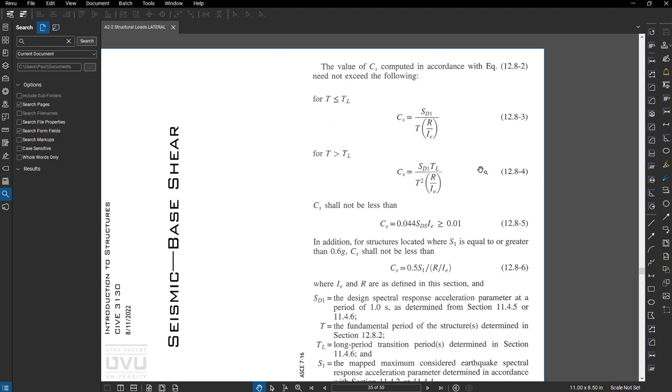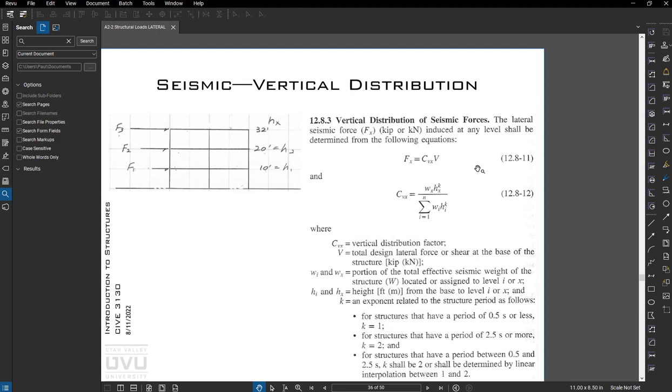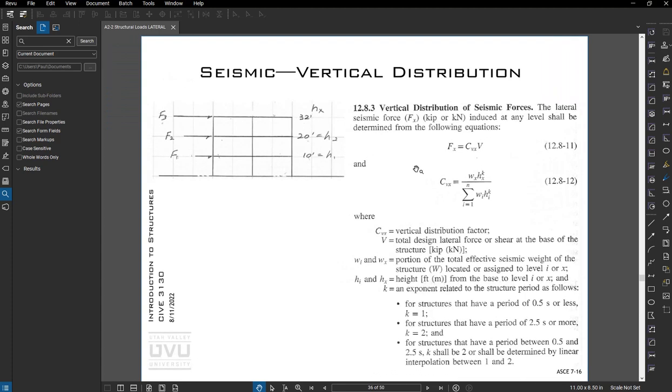All right, there's some other factors for the upper periods, and those are worth calculating and making sure we understand those. The next step that we get to is taking that base shear and distributing it up into the building. So at the base of the building, we say the base shear acts, but then let's take that force and distribute it upwards,